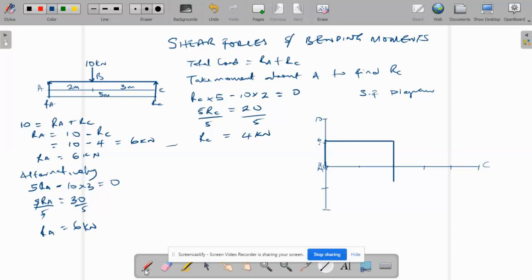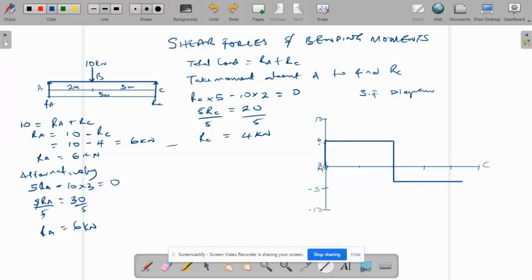So we can also name this 5, and this is our 10. This is minus, this is minus. So here we move down to 4 kilonewton negative. Let's still use a straight line to draw. So we'll continue to move from here